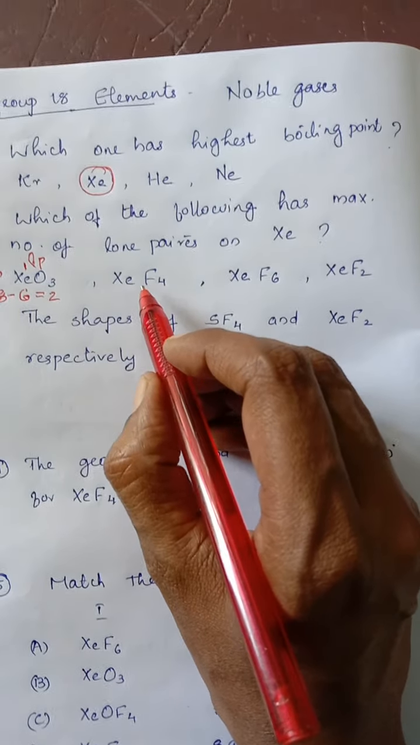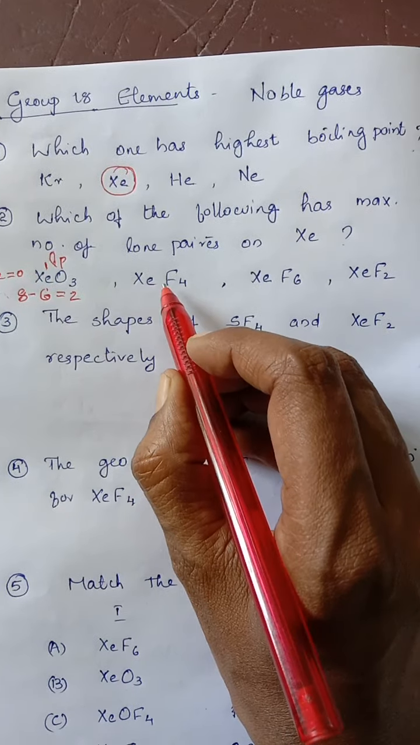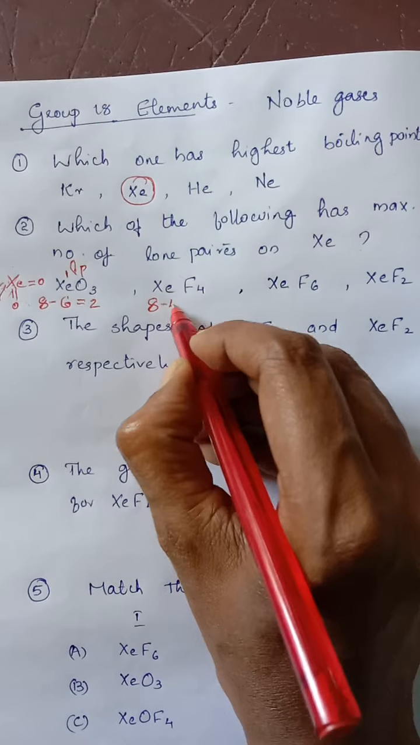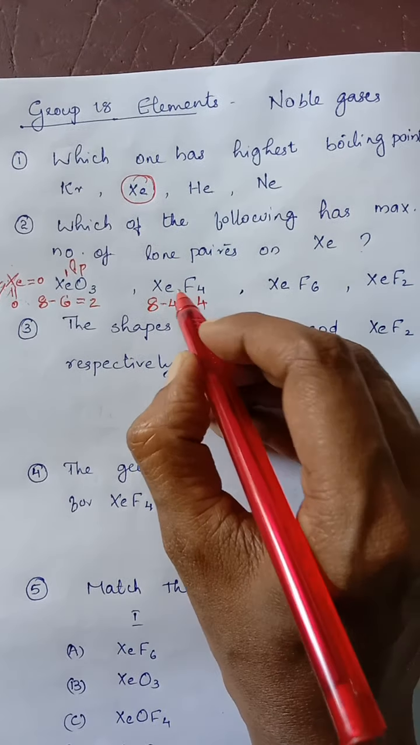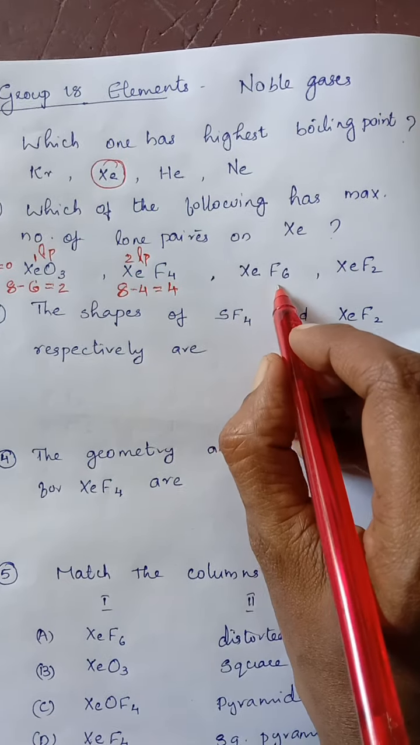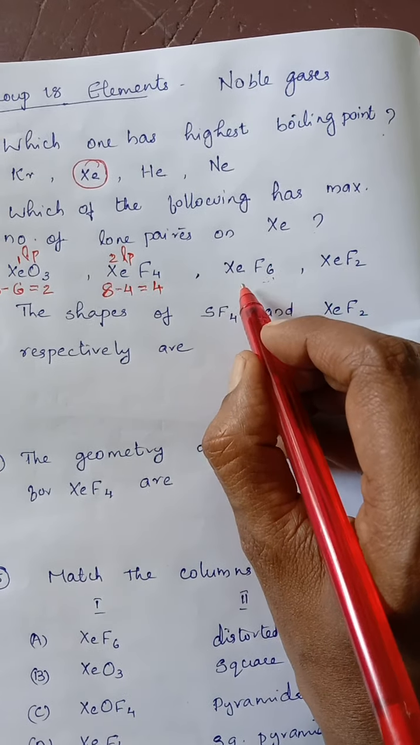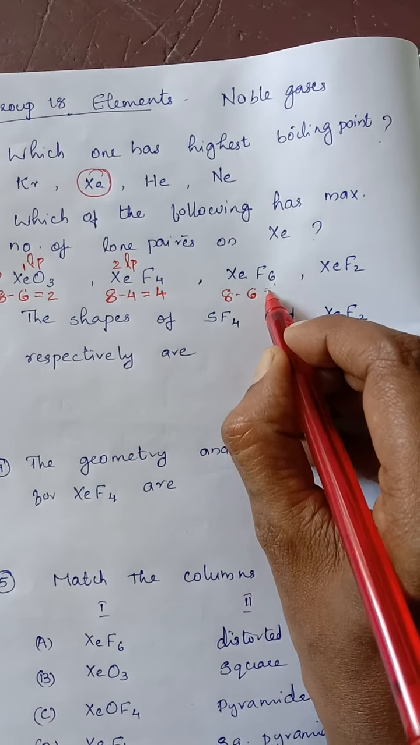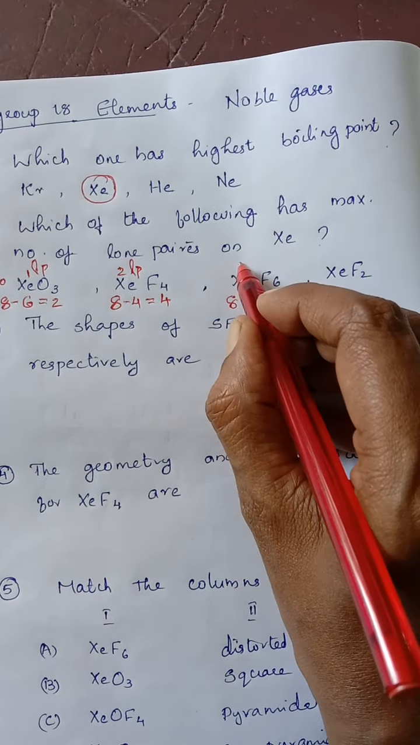Xenon tetrafluoride, here xenon uses 4 electrons for bonding. So out of 8, 4 are used in bonding, remaining 4 non-bonding electrons, that means 2 lone pairs. Xenon hexafluoride, xenon uses 6 electrons for bonding, so 8 minus 6 equals 2 non-bonding electrons, that means 1